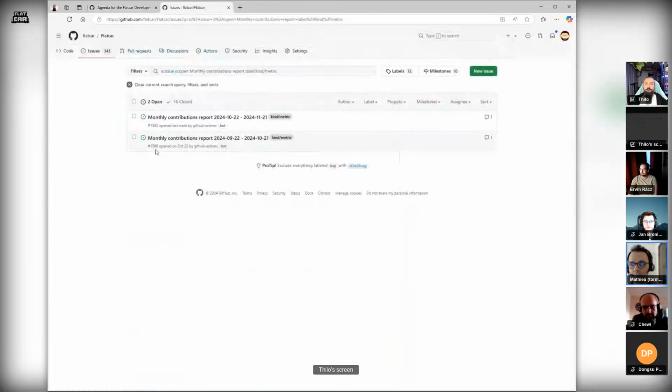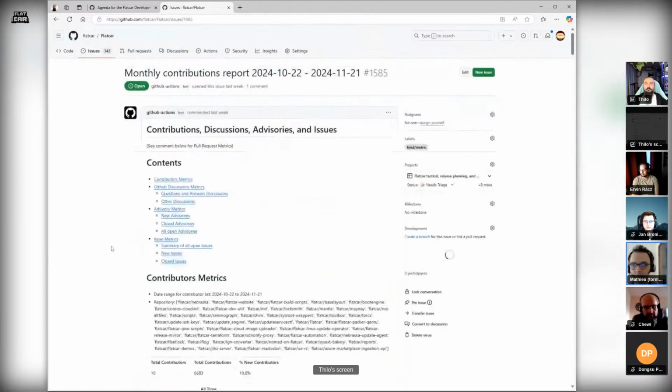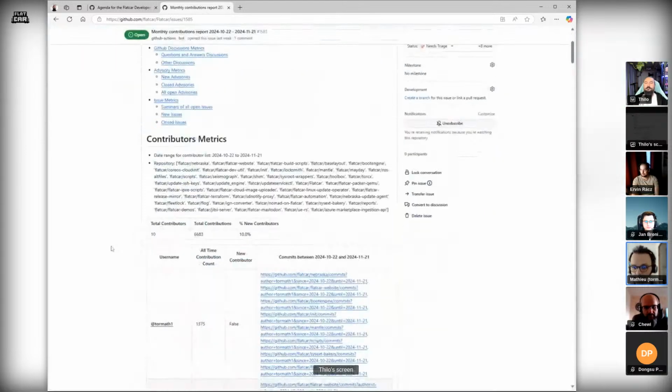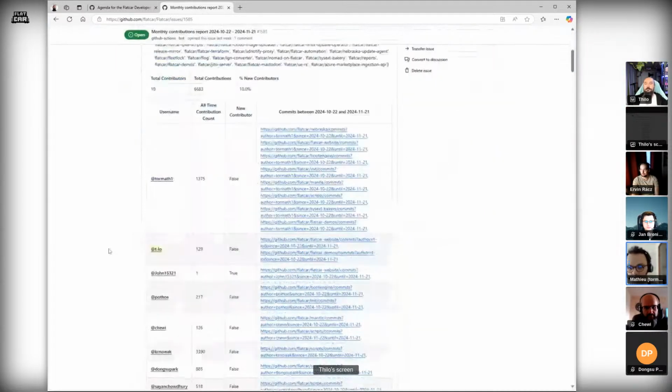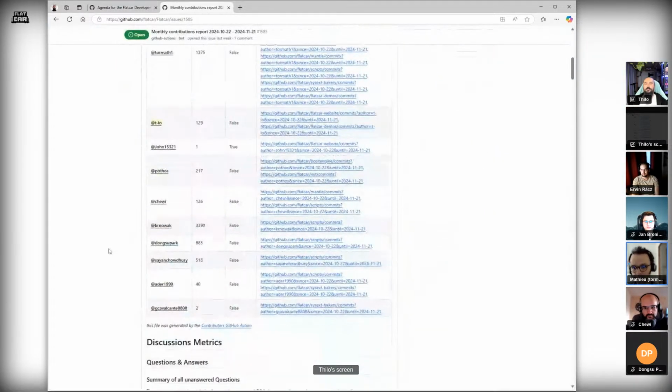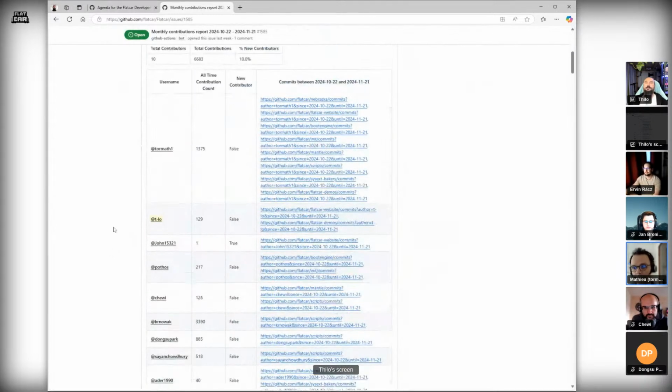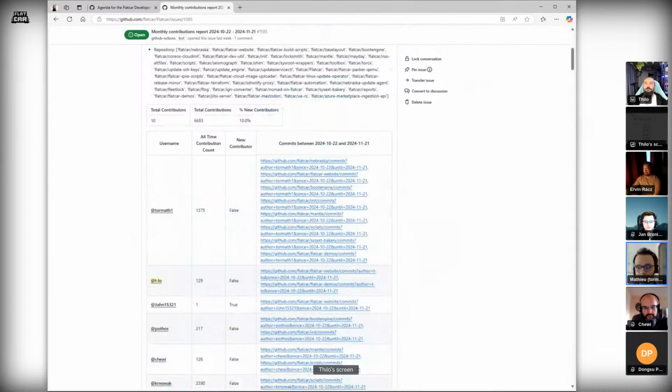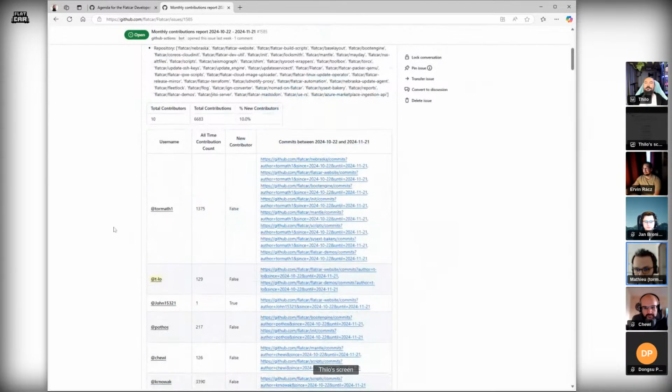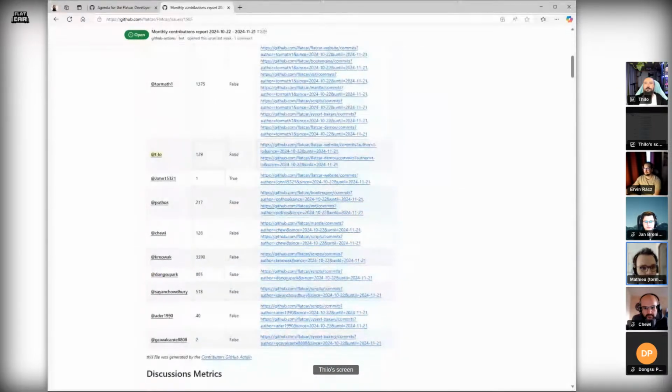So yeah, as usual, each month we publish a report. All the discussions, the issues, the PRs, everything related to Flatcar is summarized in this issue. It gives some good statistics about times to solve an issue, and times to answer a discussion or an issue. So the first thing is that we can say thank you to the first-time contributors for this